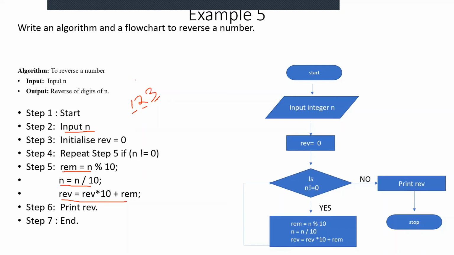So if 123 is the number, if you want to extract the last digit, you have to use the mod operator and divide by 10. Let's see what will happen if I divide 123 by 10. Tell me the answer. What will be the answer if I am dividing 123 by 10?